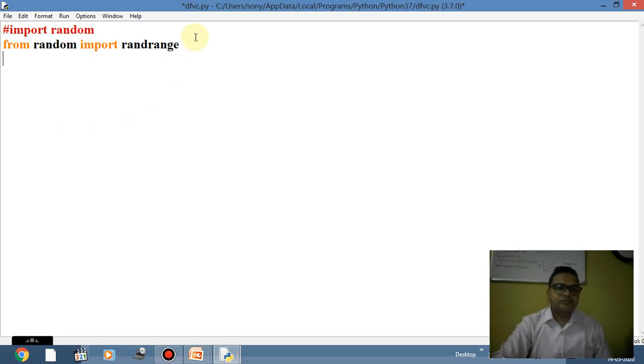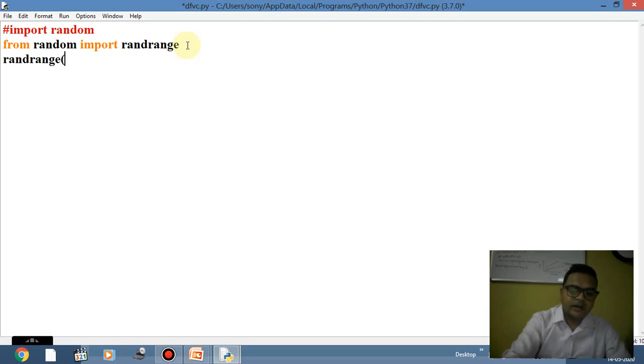Now here we have the condition. Suppose we have to set a range. That is the way to use the function randrange, and what do I have to assign? I have to set a limit, so that I get a number between 2 and 10. And what will be the number? I'm going to assign the range like 2, 10. So 2 is the lower limit, 10 is the upper limit.